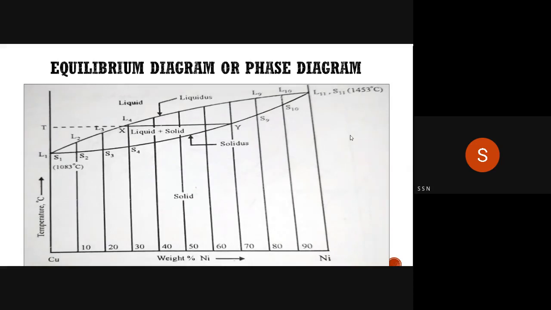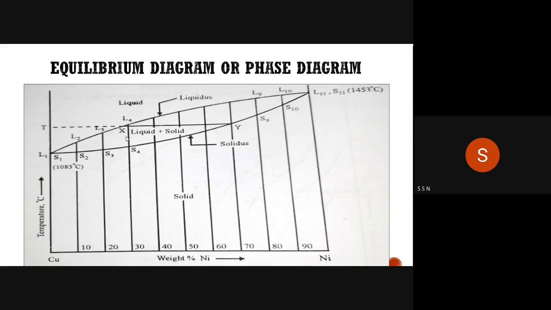60% of copper. So for that line at that temperature, consider that 40% line, it is cutting the horizontal temperature line here, and you can observe at that point a different proportion of liquid phase and a different proportion of solid phase will be there. So how to find out what is the proportion of liquid phase and what is the proportion of solid phase of copper and nickel present at that proportion at that temperature at that point?